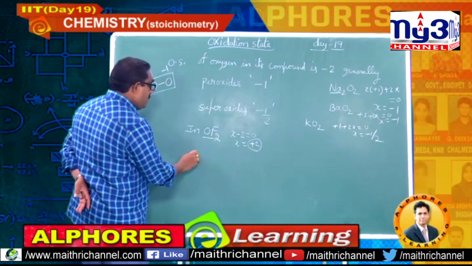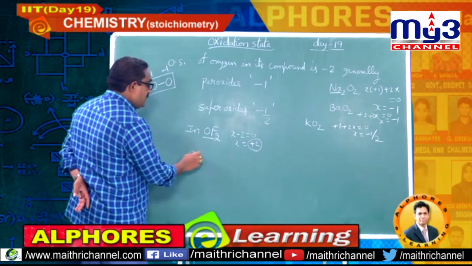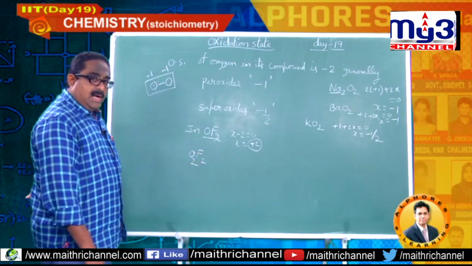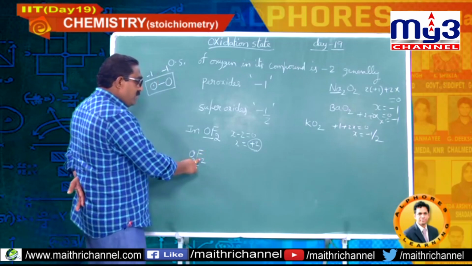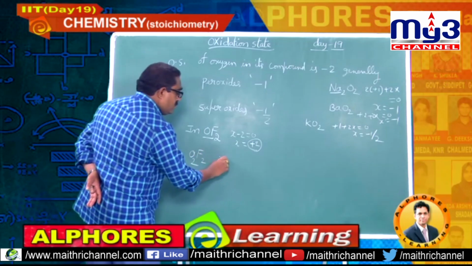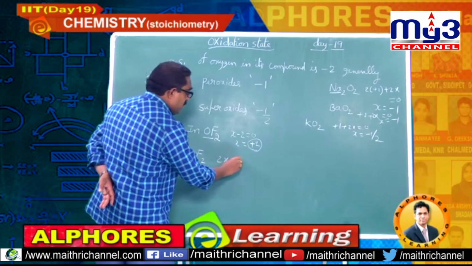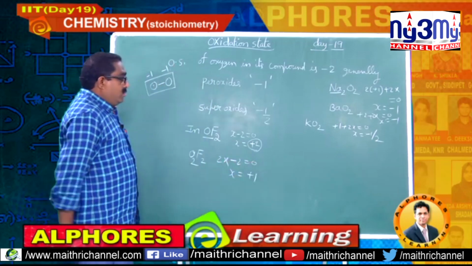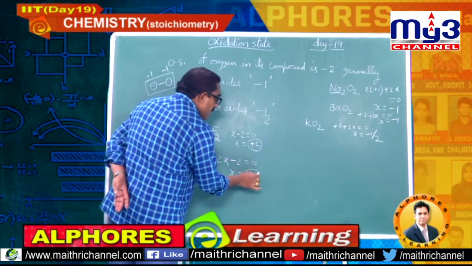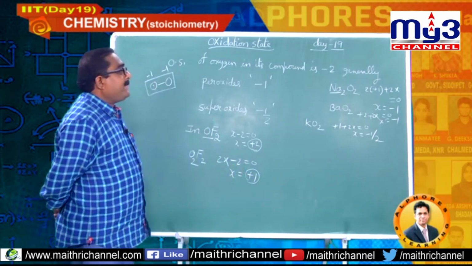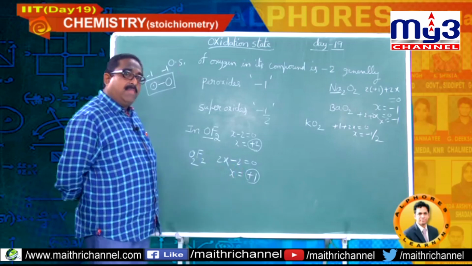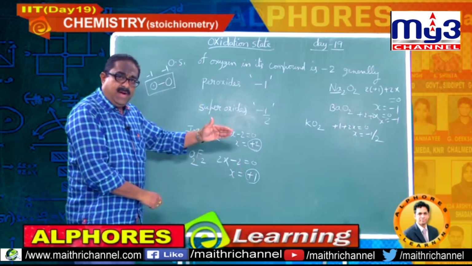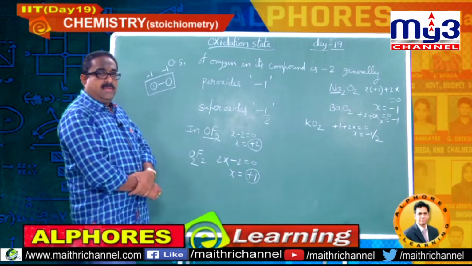One more example, another compound of oxygen and fluorine, O2F2. Again you have to fix the oxidation state of fluorine, not oxygen. So 2x for both oxygens, minus 2, equals 0, so x equals plus 1. So these are all the possible oxidation states that can be exhibited by oxygen in its different types of compounds.